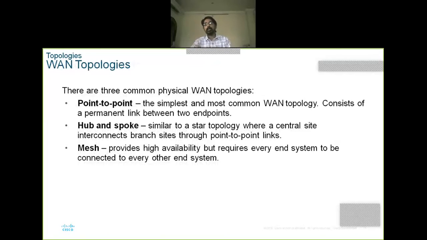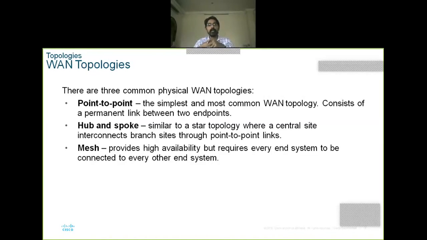Coming to WAN. WAN means wide area network. It has the capability to connect multiple different networks, right? So how does a WAN connect all these networks? It has some topologies: point to point, hub and spoke, and mesh topology. Point to point means this connection will connect source to destination directly. There are no intermediary junctions. Point to point, that is source to destination, direct communication, right?